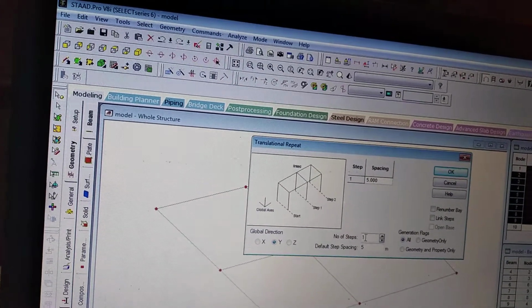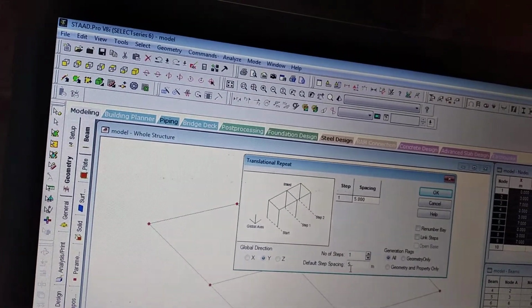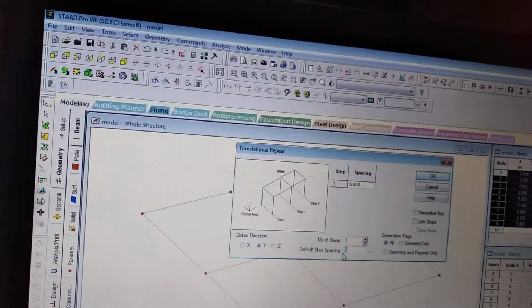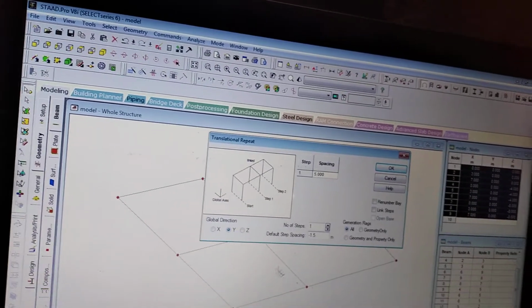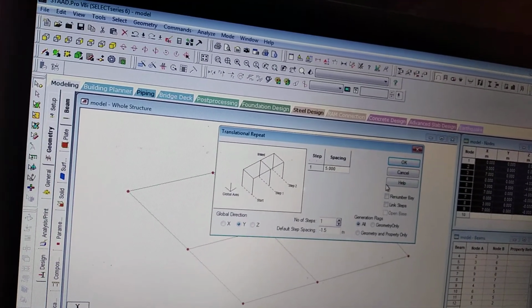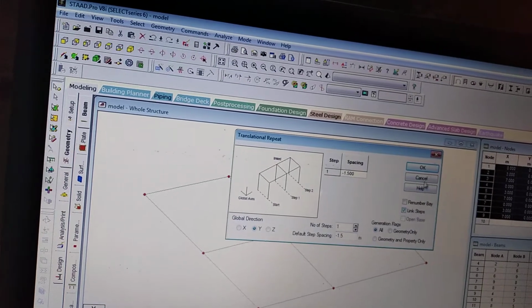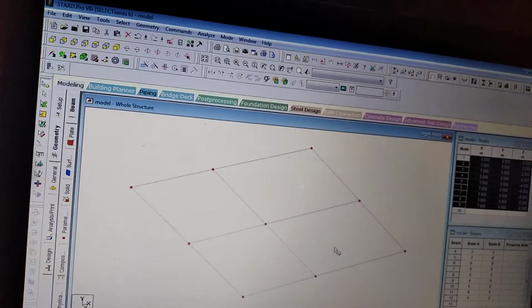So number of steps, I want one step foundation. Default space is minus 1.5 because it is below this part, so I will mention it is negative. So minus 1.5, you have to mention link step, click it.